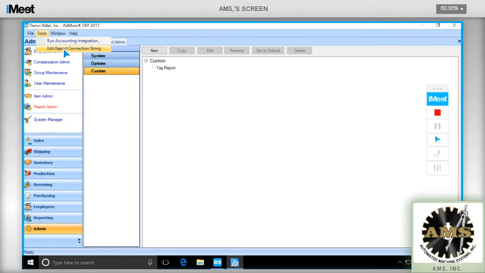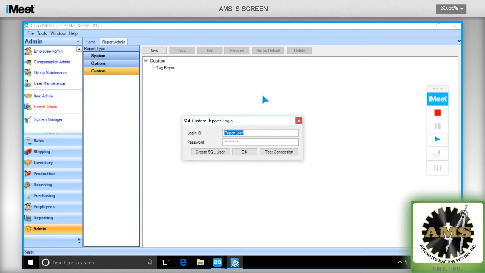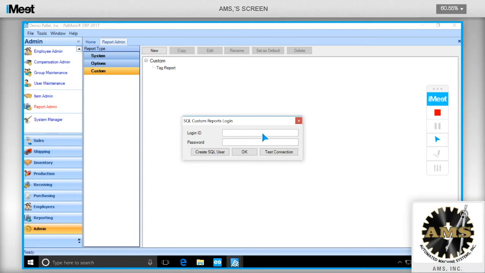And the way you would do that is in here under Tools, there's Edit Report Connection String. If you go ahead and click that, on your systems, if you haven't used the tool, you would see something like this. It would be blank. So what you would do is create whatever you want for the login ID and password. However, some people's databases may already be set up by their IT company,